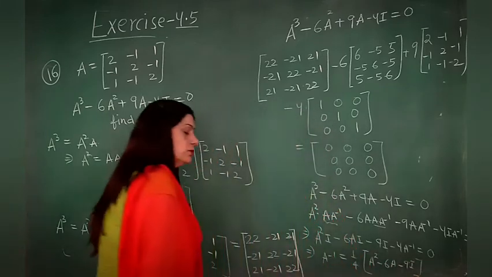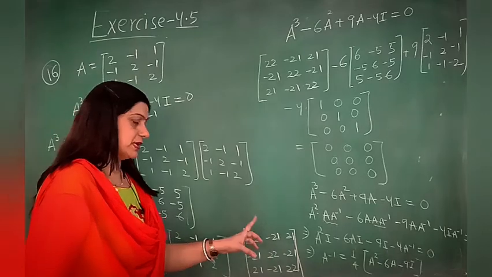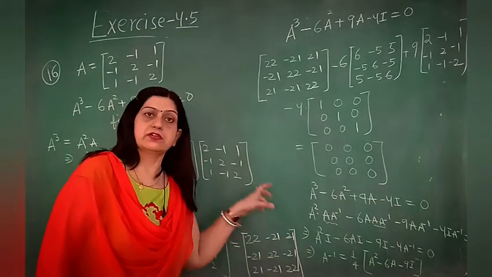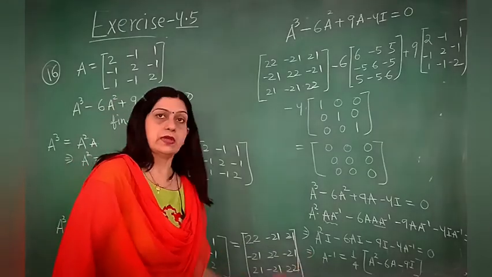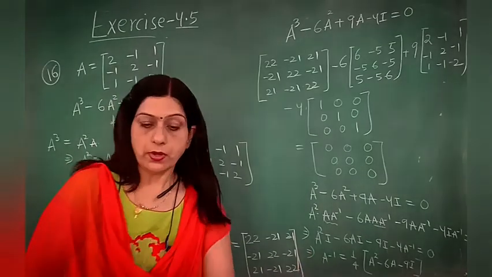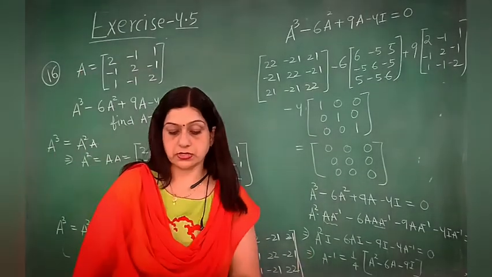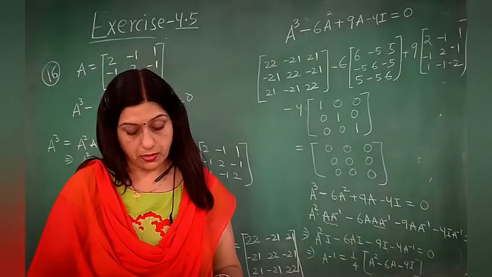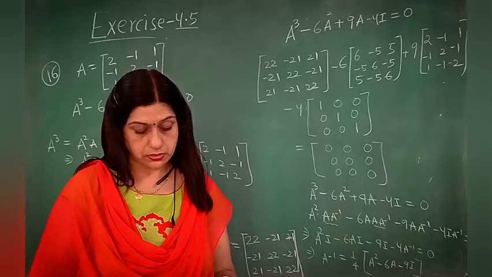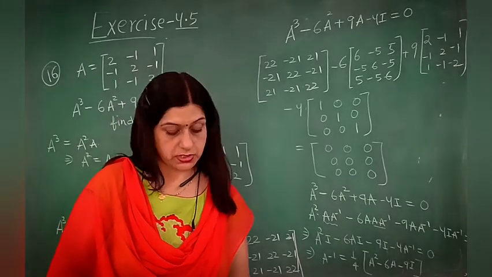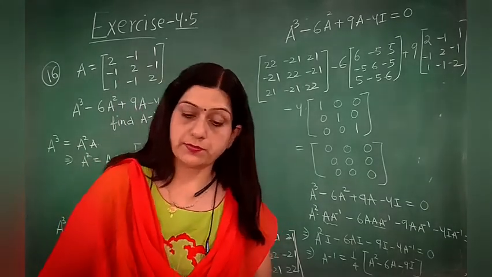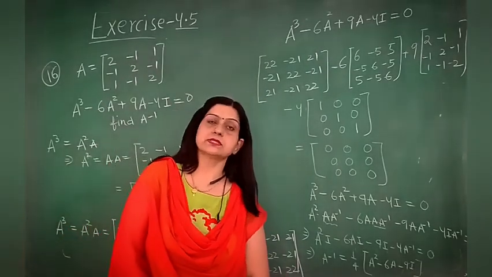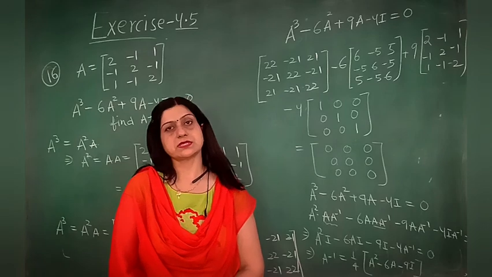So this part you have to do yourself. You put the value of A square, 6A and 9I, and divide by 4 to get the value of A inverse. So is it clear? So this was question number 16. Now the remaining questions, that is question number 17 and 18, are objective type questions, MCQ, so that you can do yourself. So students, all of you complete this exercise in your